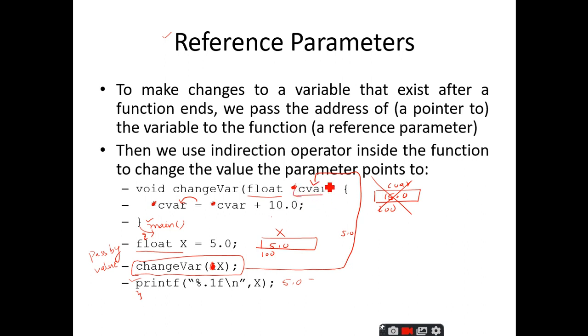So, the pointers concept or the pass by address concept is used whenever you want to make modifications in the actual parameters by making modifications in the formal parameters. So, whatever modifications you perform in the formal parameters, those will be reflected into the actual parameters because of the pointers concept only. Is it clear?